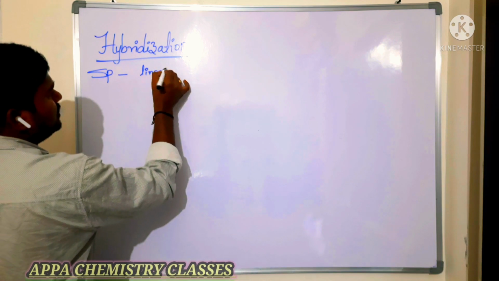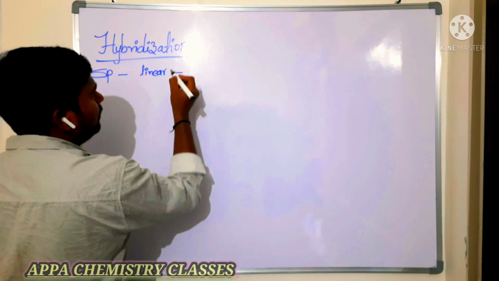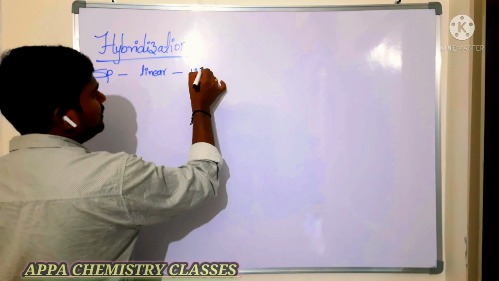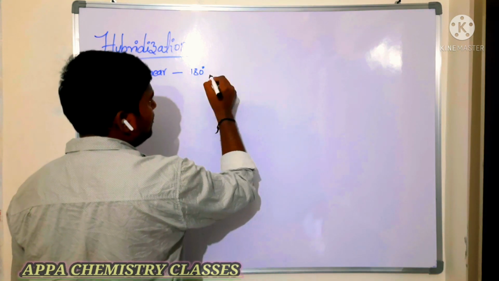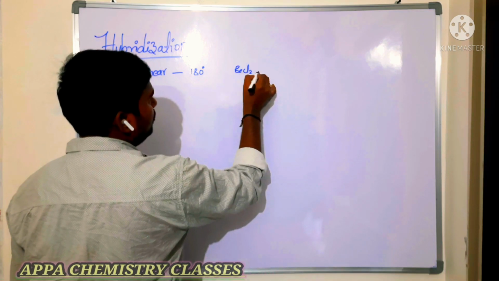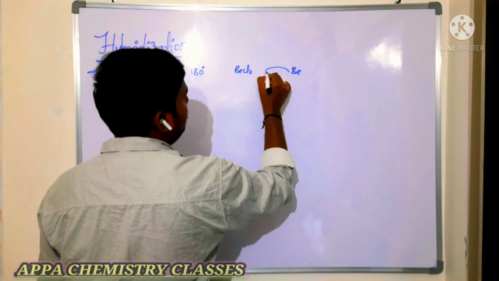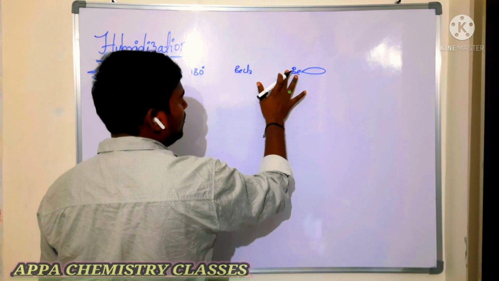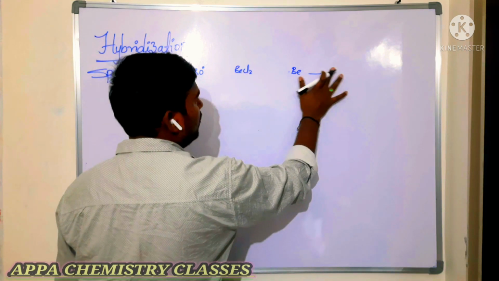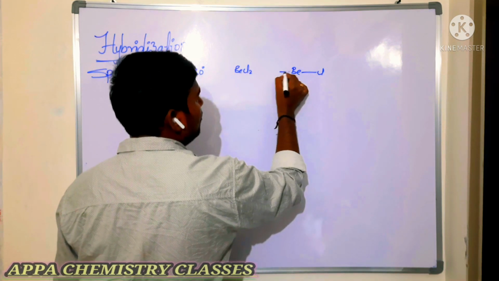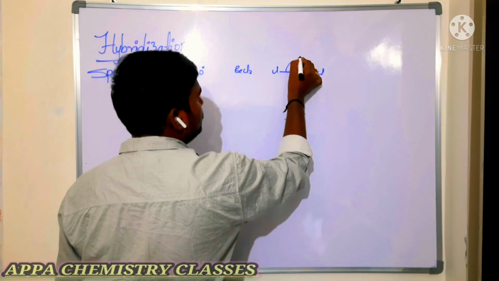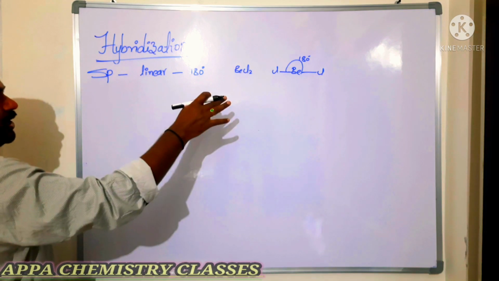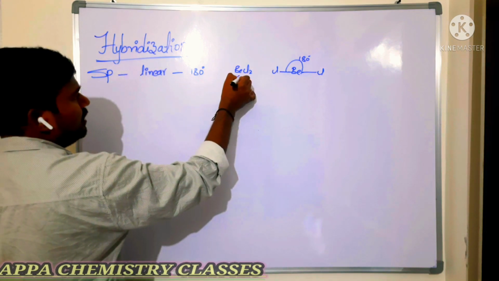Linear. So the geometry of the molecule is linear, and the bond angle between the two hybrid orbitals will be 180 degrees. Say, for example, beryllium chloride. Here the two hybrid orbitals on beryllium are arranged like this. These two hybrid orbitals are involved in end-to-end overlapping with the chlorine atoms, and we get 2 sigma bonds. So the bond angle between these two will be 180 degrees. Is that clear? That is the linear shape. Bond angle is 180. Examples: BeCl2, carbon dioxide.